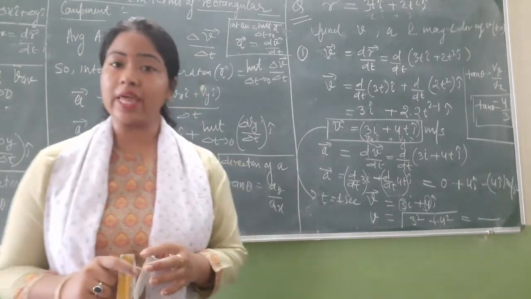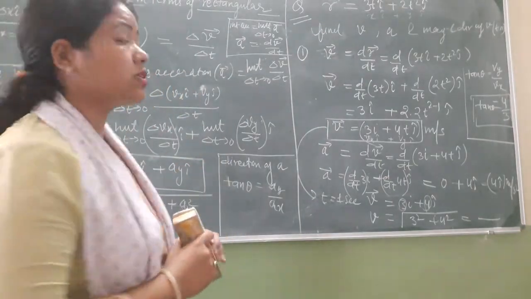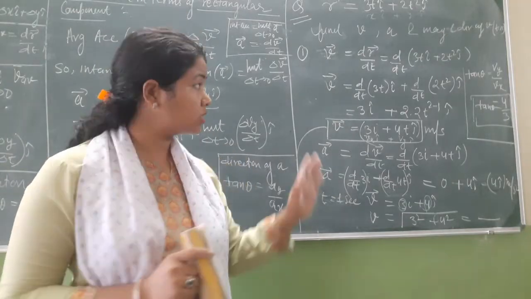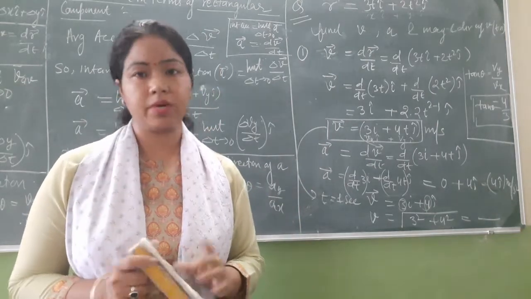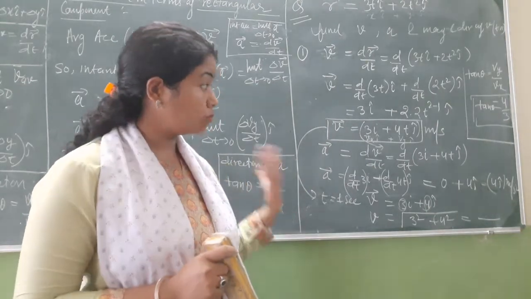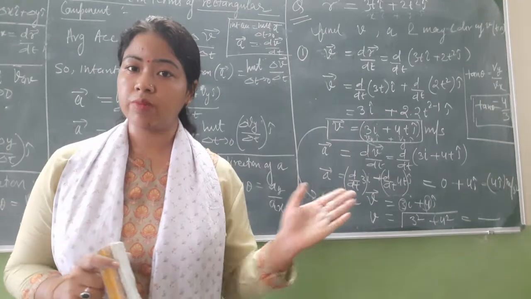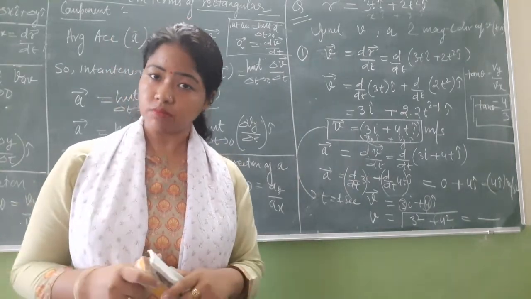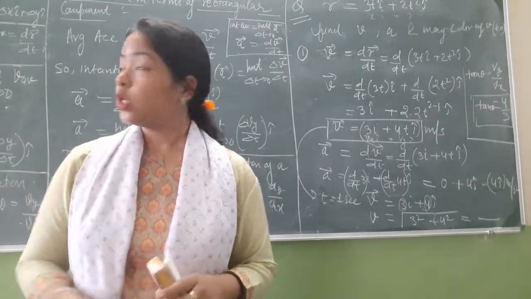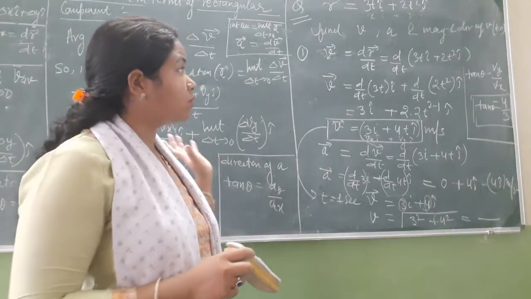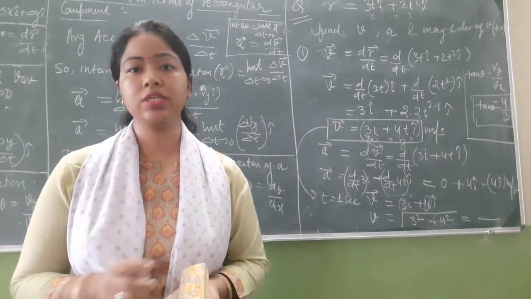So this is one example of a numerical on the topic that we have covered today, that is, acceleration and velocity in terms of rectangular components. This type of numerical comes in exams as a 2 to 3 marks question, right? We have some more questions over here, but if you practice these types of numericals, the concept will be clearer to you all, right children? We do not have a derivation of velocity and acceleration in terms of rectangular components. You just have to understand the process and implement that process in the numerical part. Right children? So children, that's all for today. Thank you.